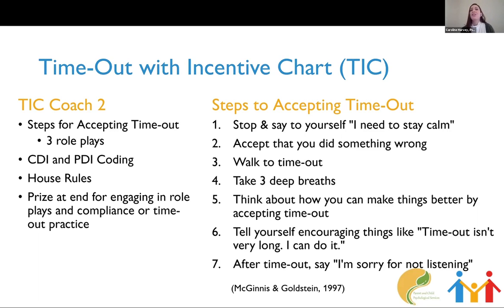And we're going to engage in 3 different role plays. First, where the child is using these skills as written with the therapist's support and help. Second, we're going to have the child do the opposite of each step, just for fun. And then finally, we're going to do the 7 steps again with a little less of the therapist's assistance. So Kate and I felt a little bit uneasy about doing the opposite, and we're like, we're working with oppositional kids. Let's try it. Let's see how it works.